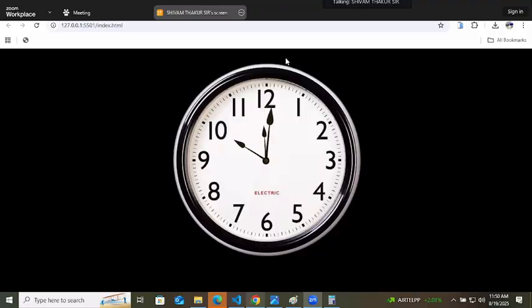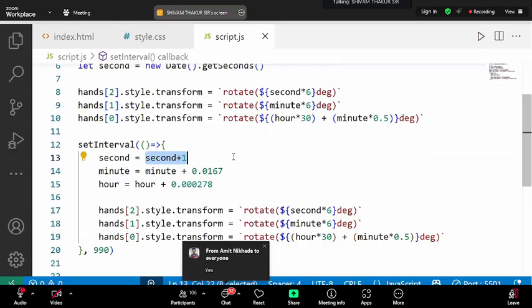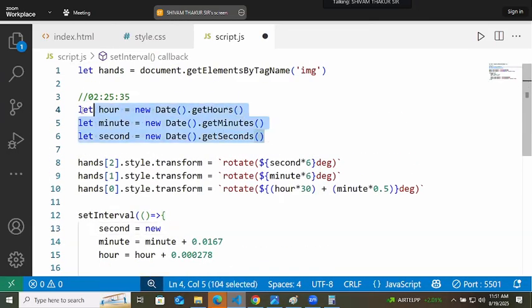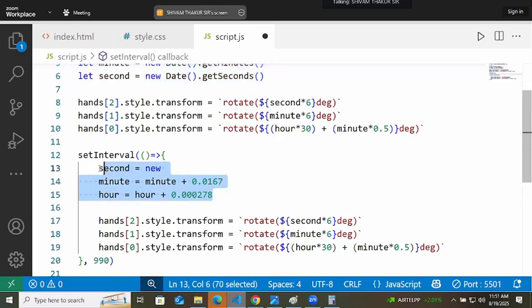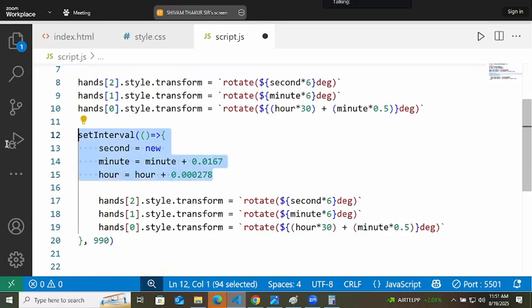You will notice that minute hand is also moving, right? It went top, pointing towards 51. Okay, so let's see what we can change in this code now. Here we are doing second equals to second, minute, hour. That also you can change. Real time you can take by using new Date. Means same thing you can do inside also, instead of doing this addition, subtraction.